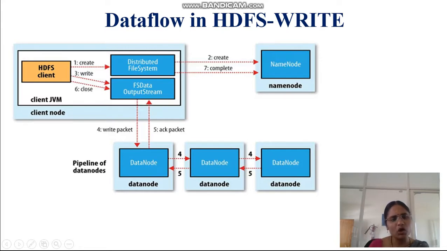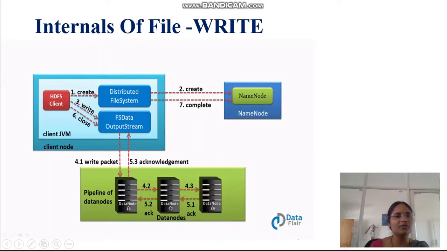So one by one, all the writing packets, all the data items written by the client, are processed here. This is what is called pipelining of the data nodes. If the storage utilized by our client is very large, then not only one data node, but other data nodes are also updated in parallel by the output stream functions of HDFS. That's why we use the term pipeline of data nodes. In this way, the write operation happens.